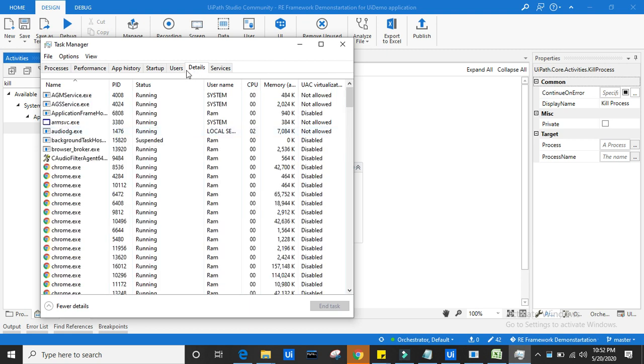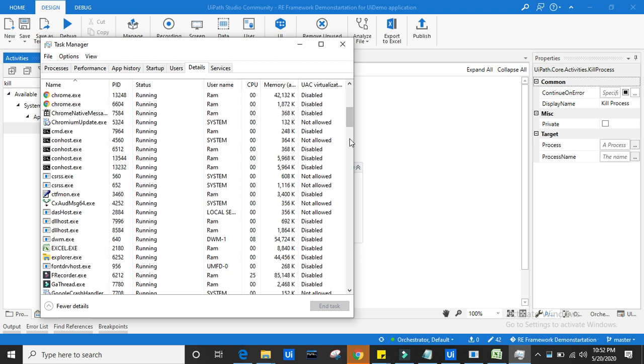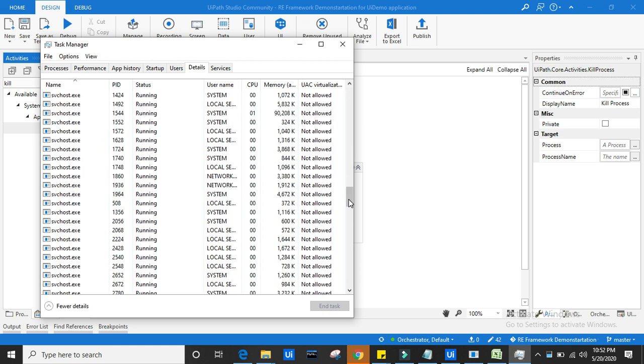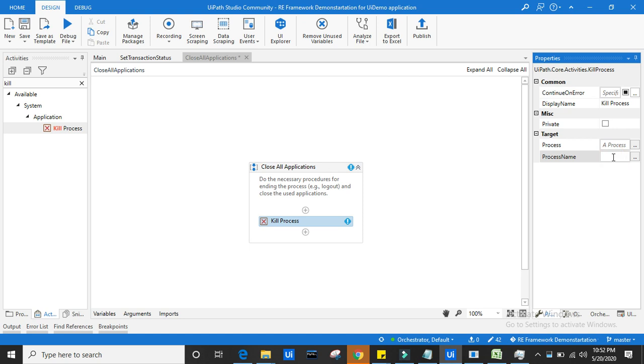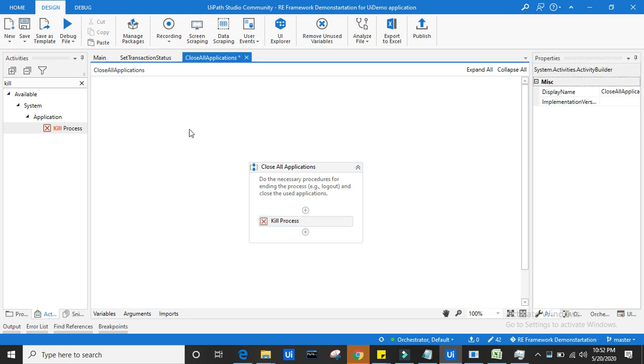Now I can see my UI demo. Where is UI demo? Okay, UI demo.exe. I want to kill this process. Fine, let me save this.